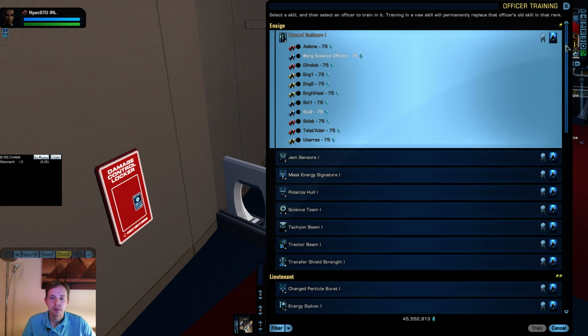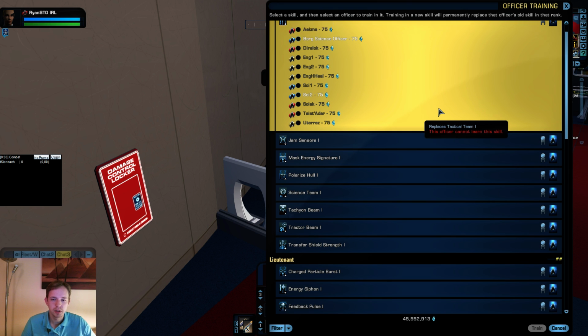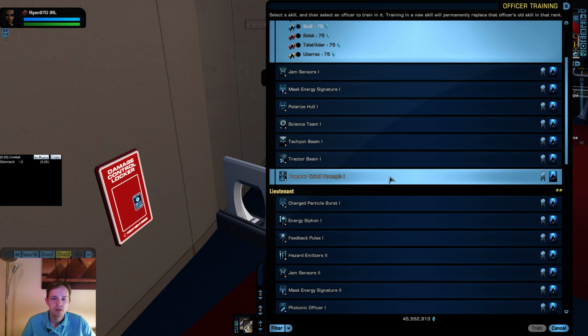For the science abilities, what you will see on all the escorts and damaged cruisers will be the hazard emitters, as it puts out the plasma fire which comes onto your ship from the Borg torpedoes. It also provides some hull resistance against further damage. Just generally very much used. It's a good ability. You could also see the transfer shield strength,